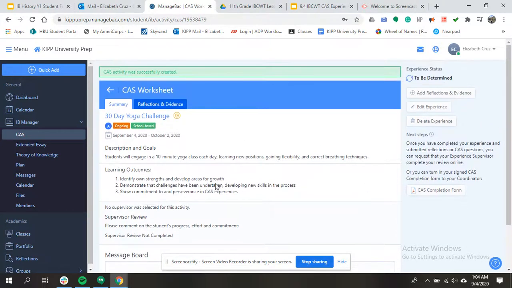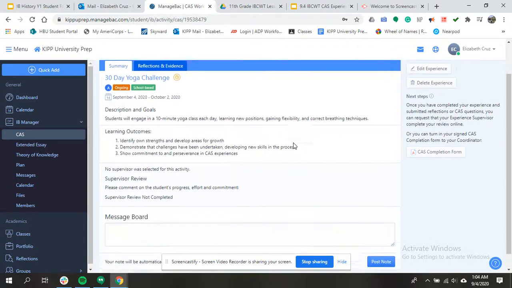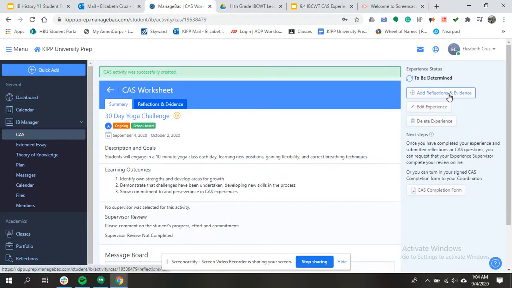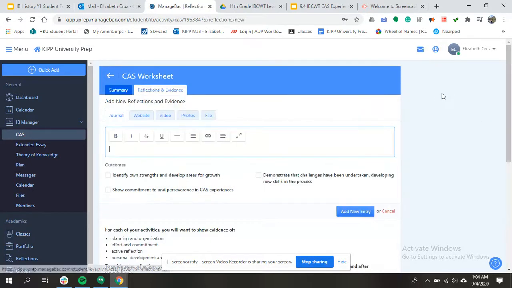Alrighty, and now, since we've added this as a CAS experience, we are now ready to add reflections as evidence. So that's something important to note. You always have to create the experience before you can add reflections and evidence. So we're going to click up here, add reflections and evidence. And in this journal section is where we would do our reflections and evidence. So we're going to base it off of